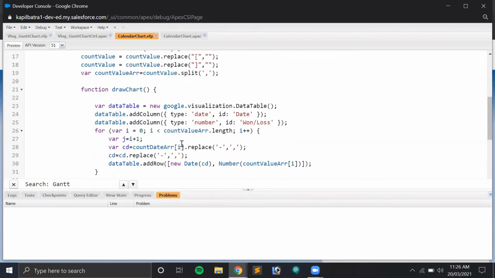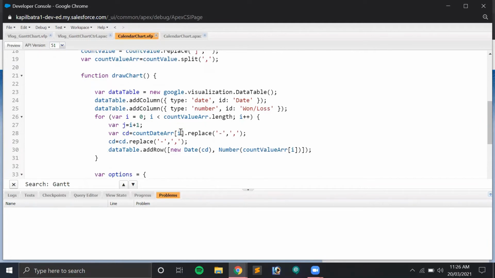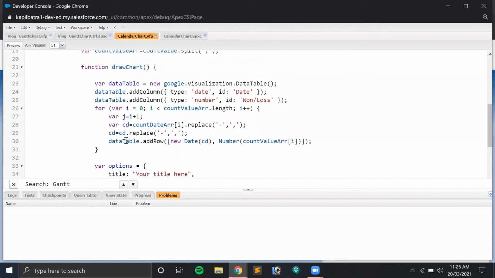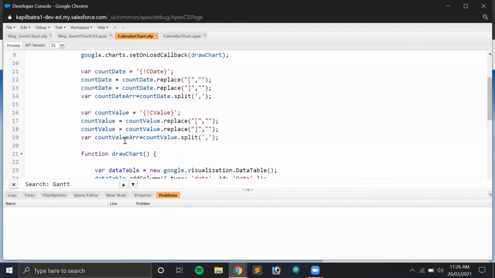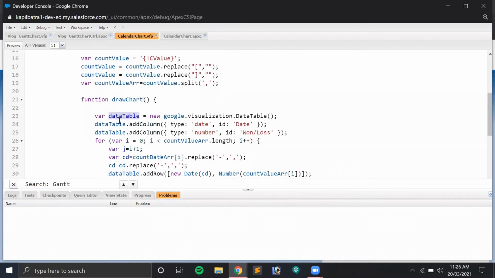Okay, so these will be the data types of the data in the calendar chart. All right, and after that I'm inserting the data from Apex into this JavaScript code. I'm just entering the data from Apex into this particular data table which we have created above. Okay, this is our data table.